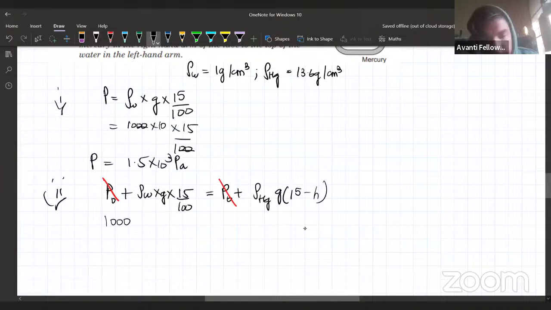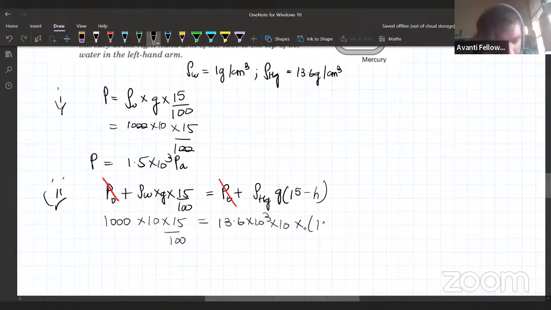After that, 15 minus h will be remaining. So what will we get? Let me solve it. h will be equal to 15 minus 15 by 100 by 13.6. Solve the answer. It's pretty easy to solve. You can solve it easily. The answer will come out to be